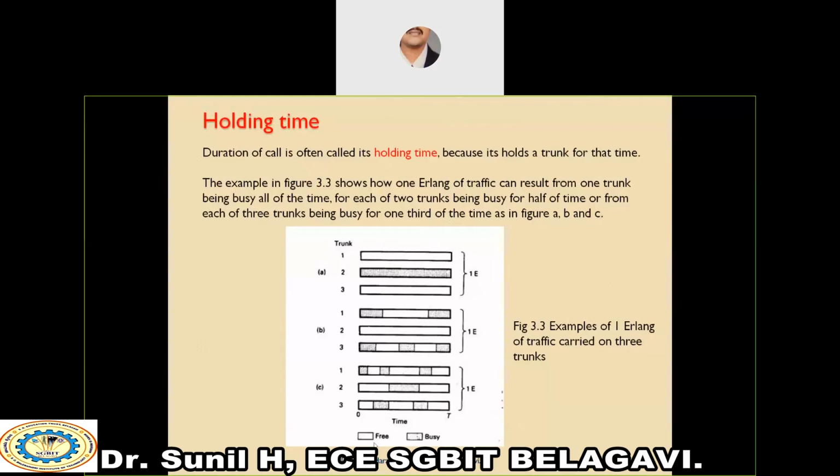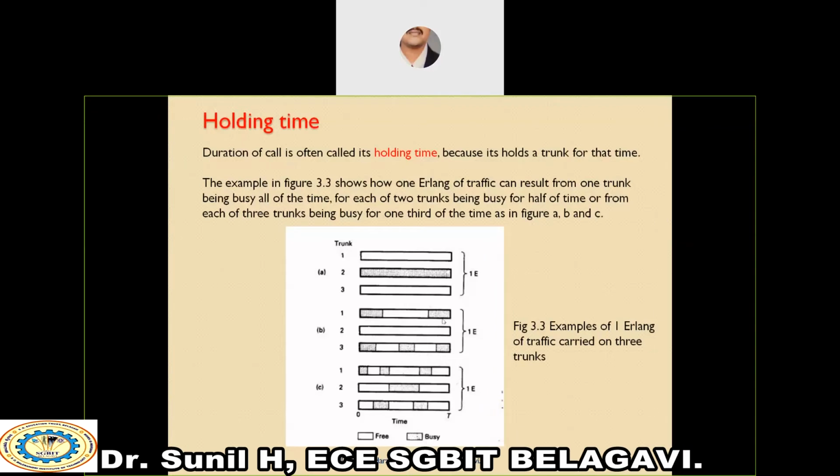From the definition of the Erlang, the traffic carried by a group of trunks is given by A equals C times H divided by T, where A represents traffic in Erlangs. If I want to calculate traffic in Erlangs, we have the formula A equals C into H divided by T, where A is the traffic in progress,